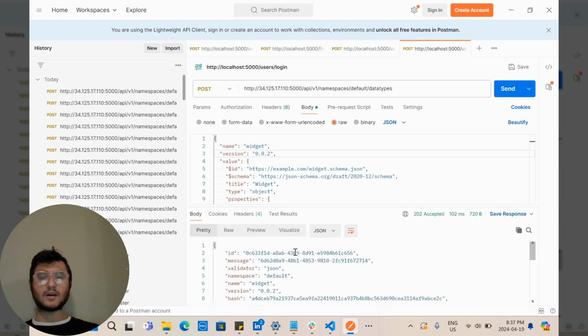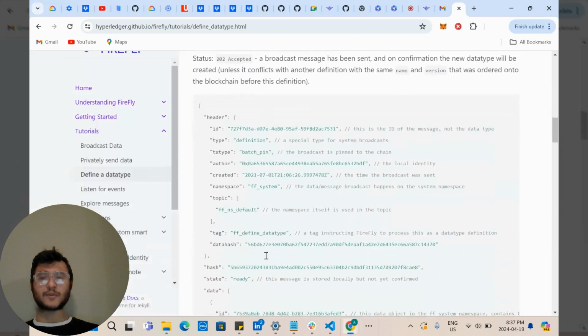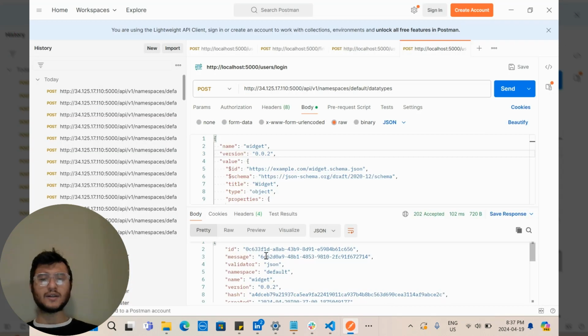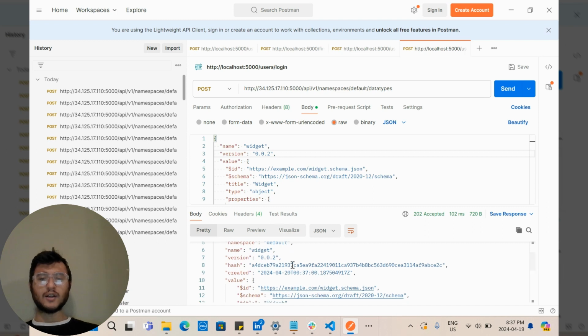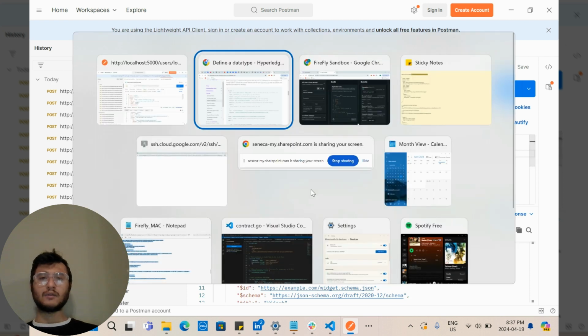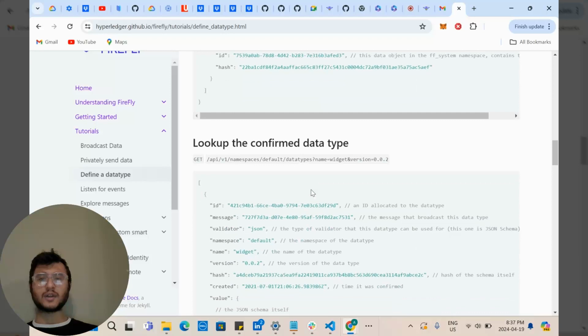As you can see, I have received a similar kind of response which says the ID, message, name, version, etc. In order to retrieve the data of a particular data type, we can use the lookup command,